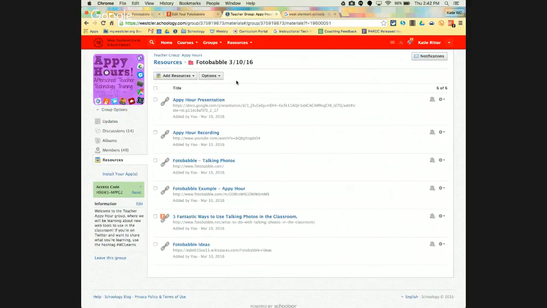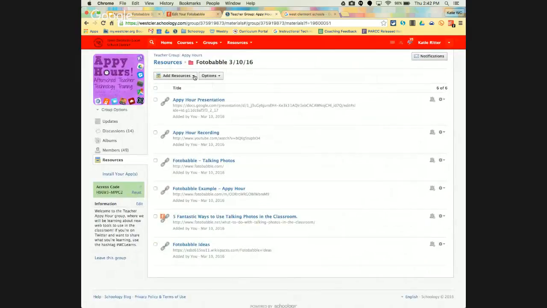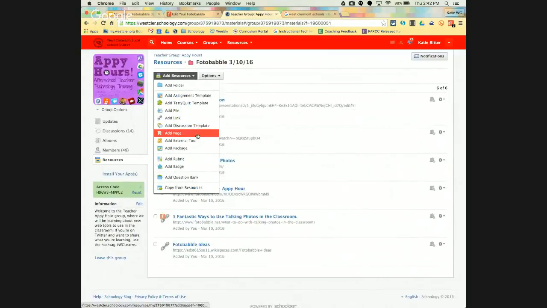I was having some trouble with this today. I've done it before, so I know it used to work. But today, when I was testing everything out for Appy Hour, I had some trouble with embedding the Fotobabble right into a Schoology page. So in theory, you should just be able to copy this iframe embed code. And then when you go to Schoology and add a new page,